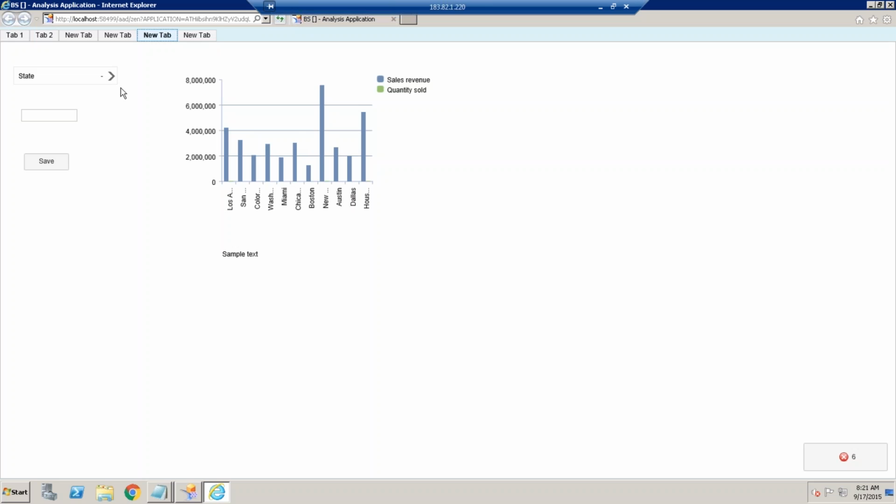Okay, so you are getting the data for different states. Let's say I want to view the data for California and Colorado only, and I want to save it as California. If I say save, this will be saved in my California bookmark